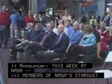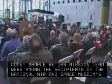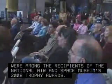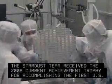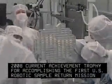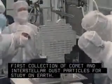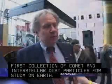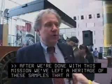Members of NASA's Stardust Comet Sample Return Mission Team were among the recipients of the National Air and Space Museum's 2008 Trophy Awards. The Stardust team received the 2008 Current Achievement Trophy for accomplishing the first U.S. robotic sample return mission beyond the Moon and securing the first collection of comet and interstellar dust particles for study on Earth. After we're done with this mission, we've left a heritage of these samples that are going to be